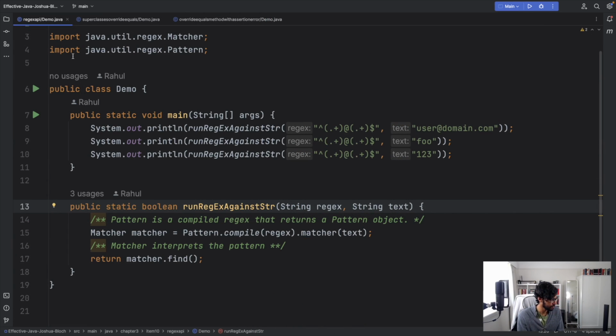So I have this static Boolean method called run regular expression against string, which takes a regex and a text of type string. Really what we're doing is creating a compiled regex of type Pattern, and afterwards we're using the Matcher, which interprets this pattern. Pattern.compile returns a compiled pattern, and then the Matcher interprets it to find that pattern in a given object of type string. So over here, if I run this,